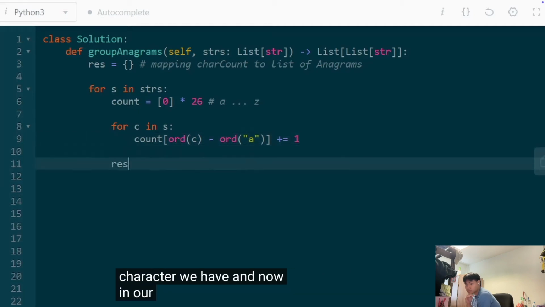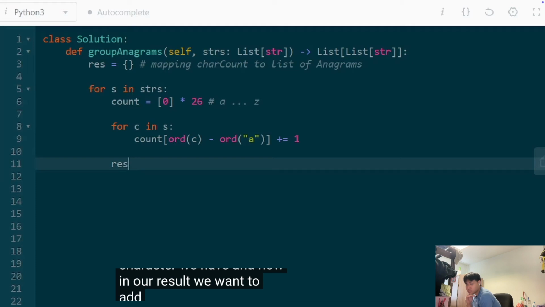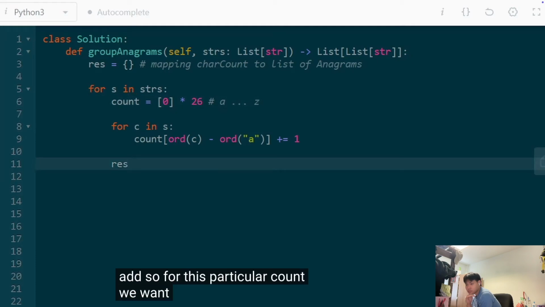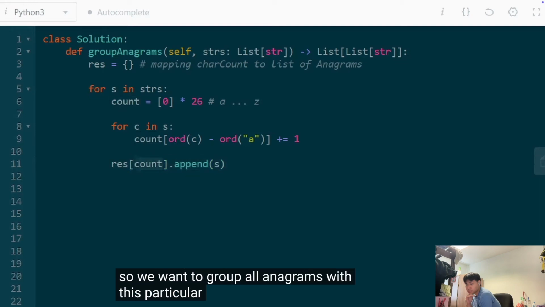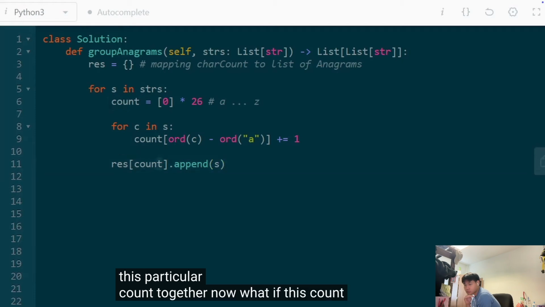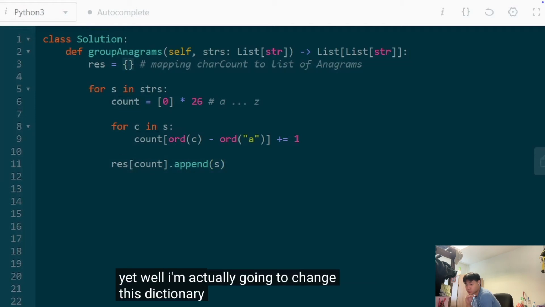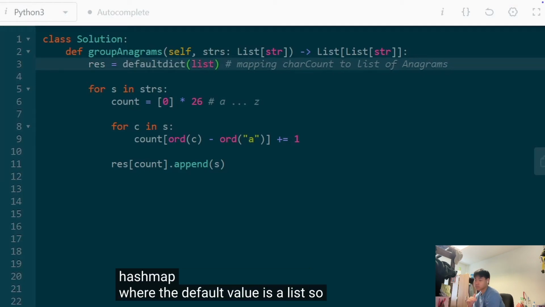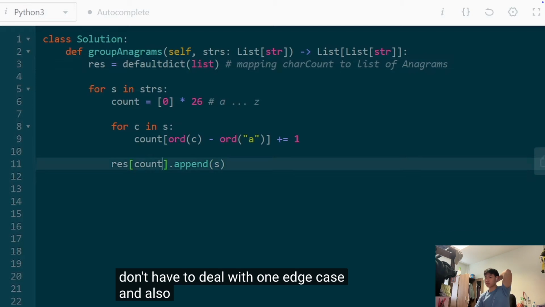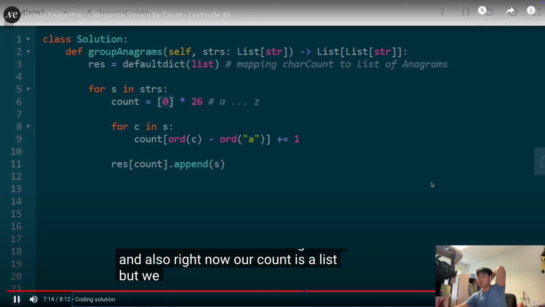And now in our result, we want to add. So for this particular count, we want to append this string s. So we want to group all anagrams with this particular count together. Now, what if this count does not exist yet? Well, I'm actually going to change this dictionary to a default dictionary, or a default hash map, where the default value is a list. So we don't have to deal with that edge case. And also right now our count is a list, but we know in Python,